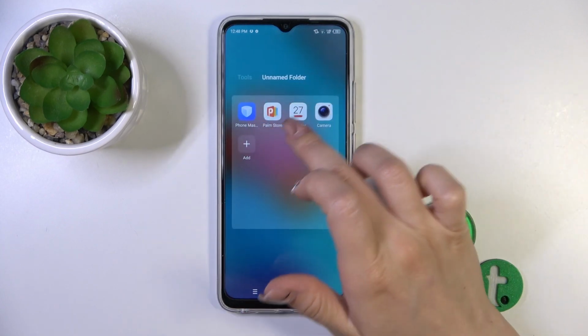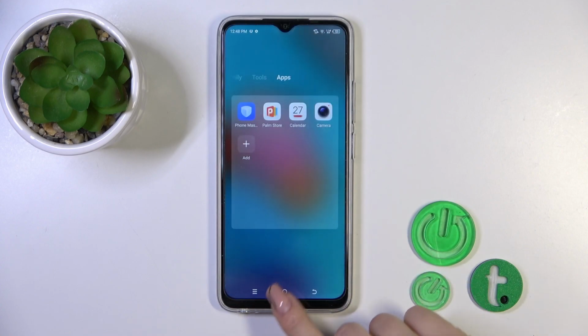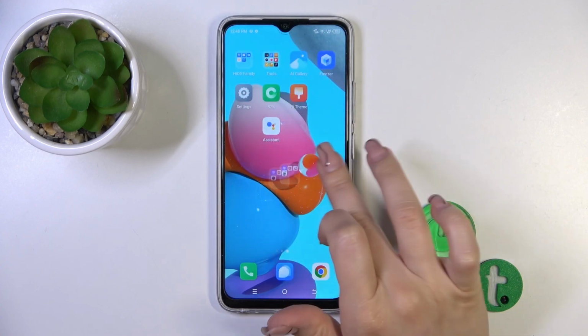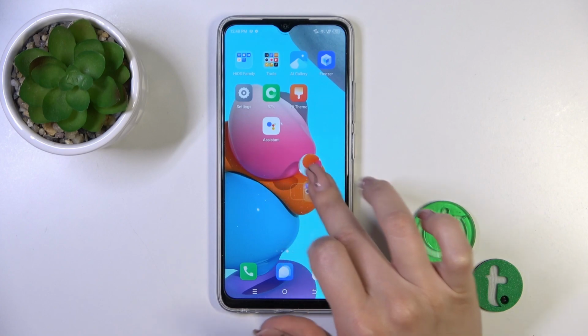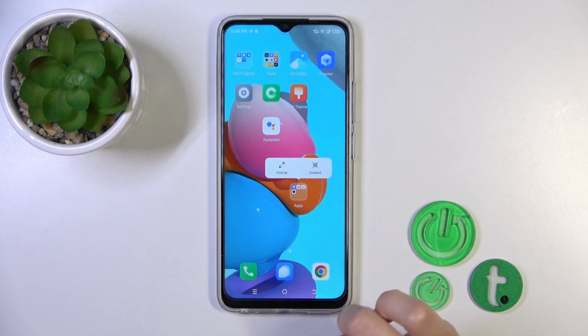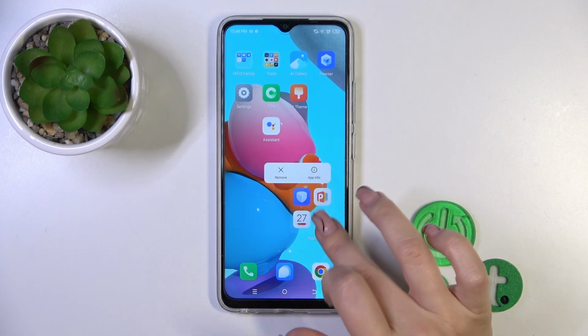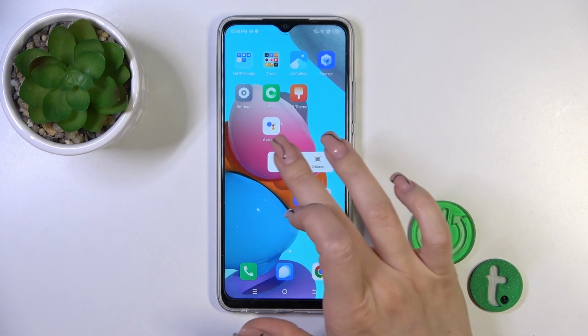So if you want to rename the folder, just tap once on the name and enter, for example, apps. To move the folder on the screen or between screens, we should just hold and drag it. Also, we could make it bigger or smaller. Just hold the folder, tap enlarge to make it bigger,